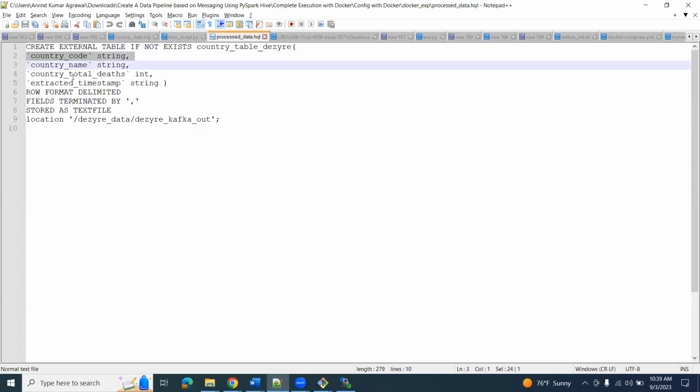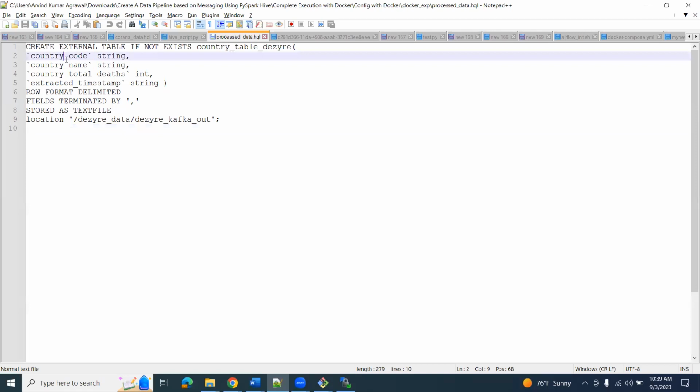So our analysis, the reporting, will be done on these 4 columns, right? Country code, country name, how many death cases, and what the timestamp is. So these are the main process data columns. Okay. So next is